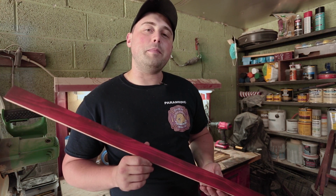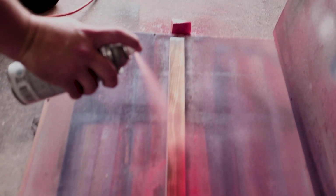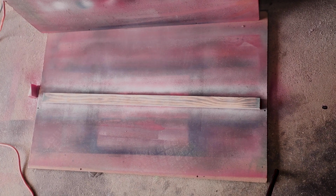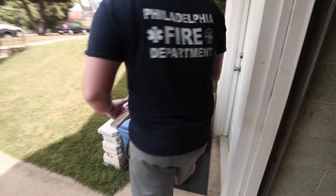But first, let's finish the bottom red and white stripes. That'll be one color per board. Since this coat is so thin and the wood is probably still warm, the paint will dry in about 3